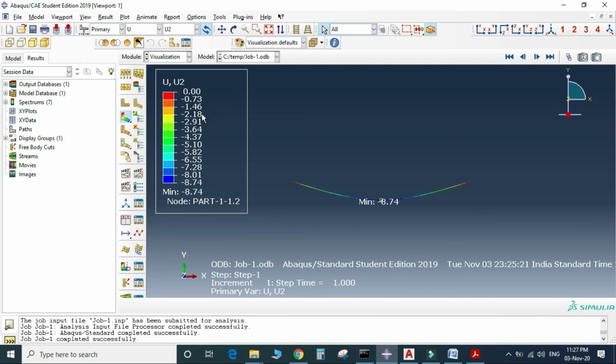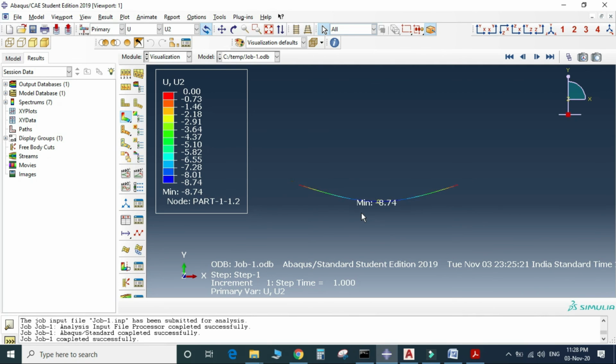So following the different colors, in case the color is green, the deflection is 5.10. Then finally the blue color, so blue color is the center point, it has the maximum deflection, equal to minus 8.74 mm.